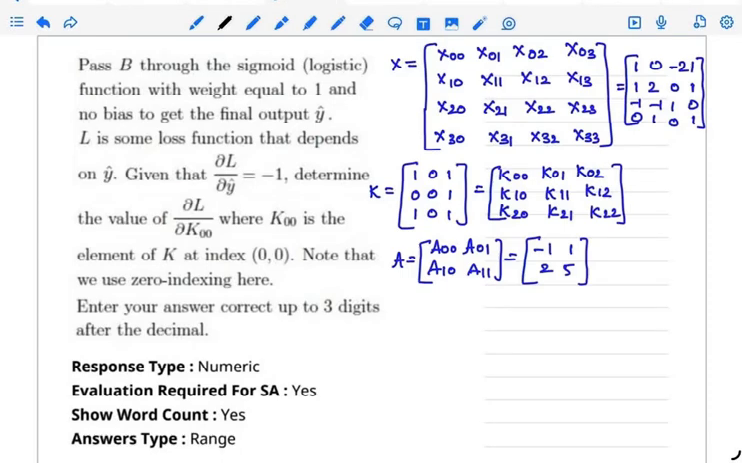This is the continuation of the above question. This is the third question. So if we pass B through the sigmoid activation function,